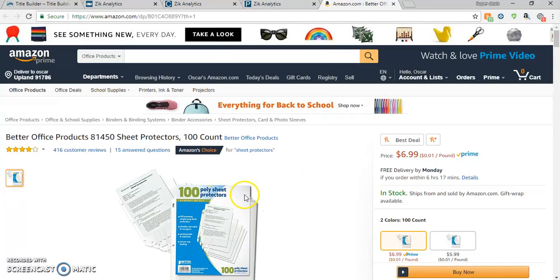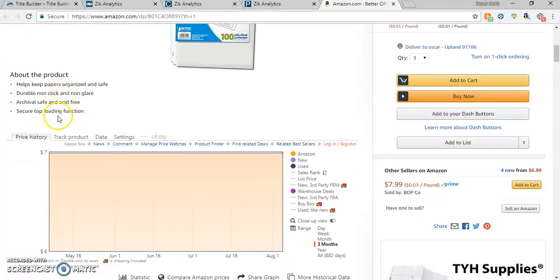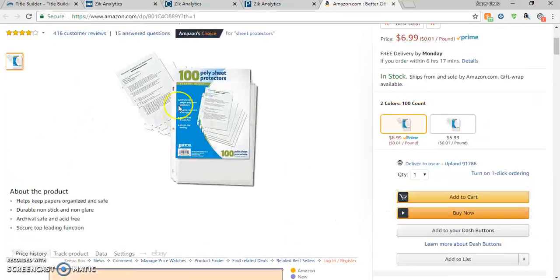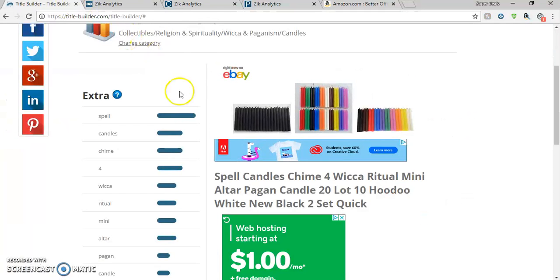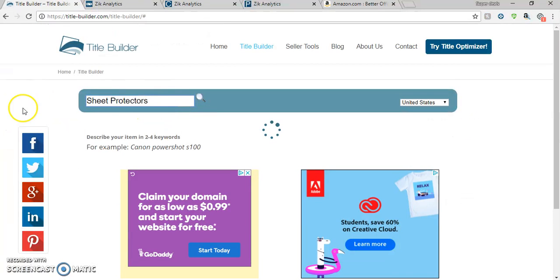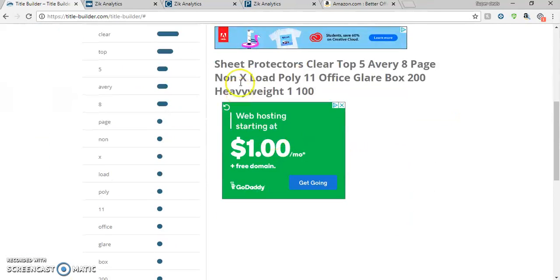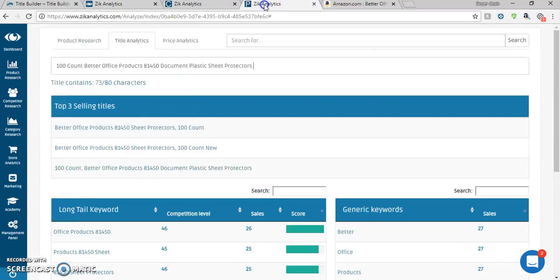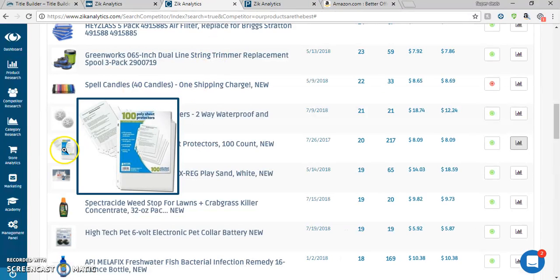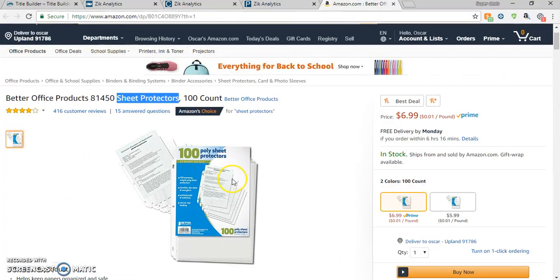poly sheet protectors. What we'll do is we'll get sheet protectors, go to title builder, and then we'll see if there's anything that we can use. Clear, the word clear we can use because that's an accurate representation of what we have here, which is